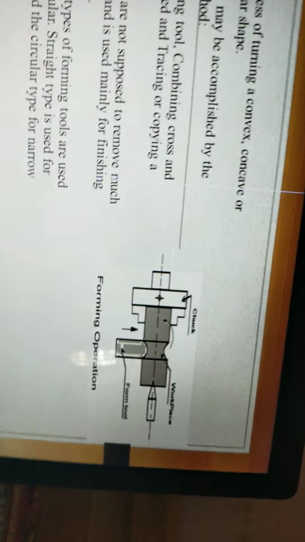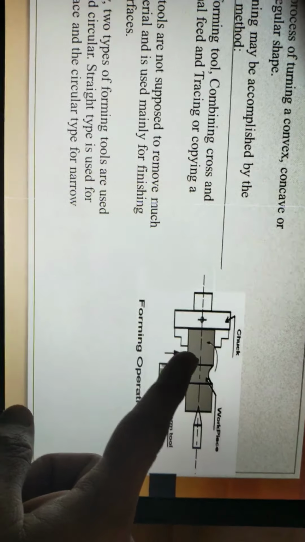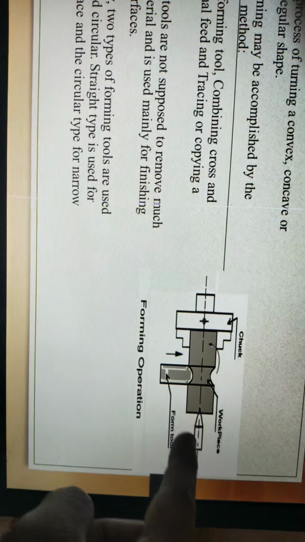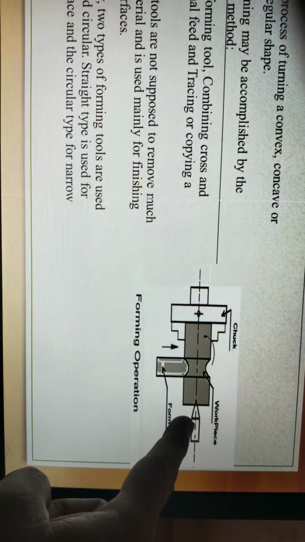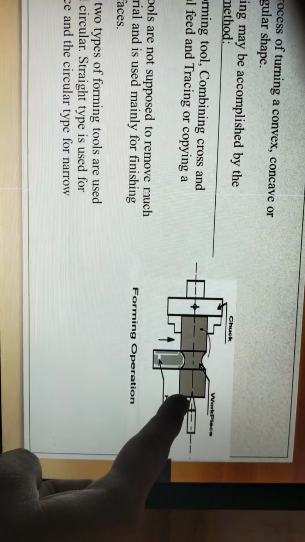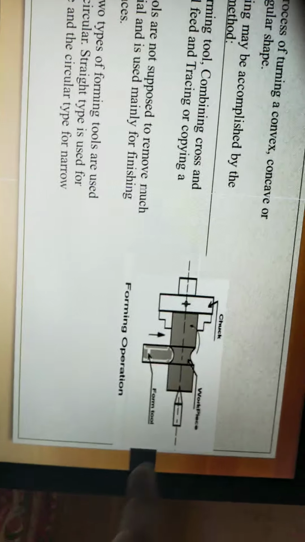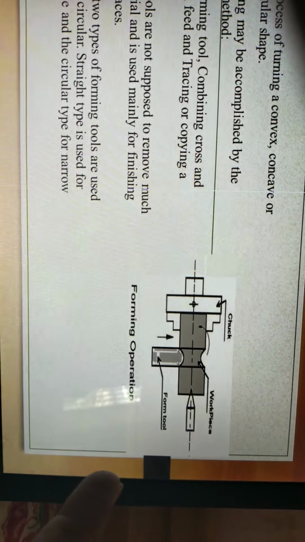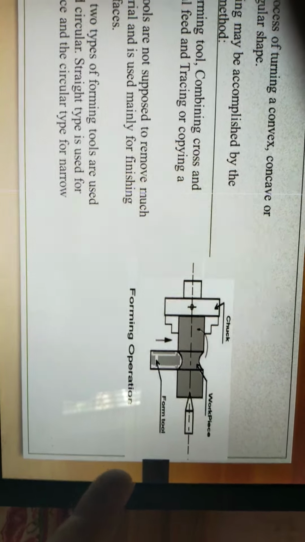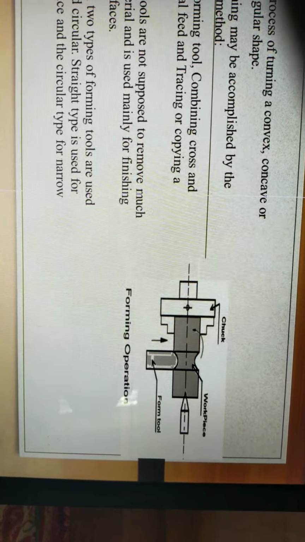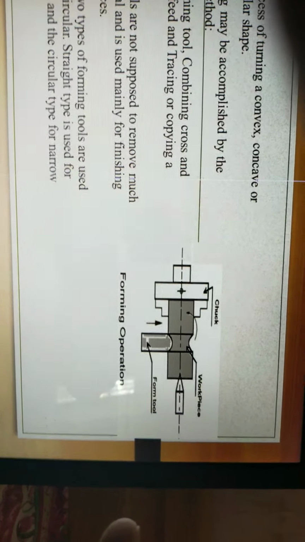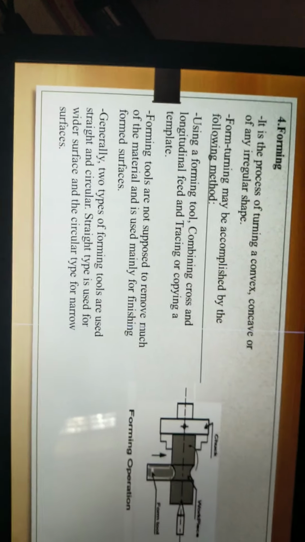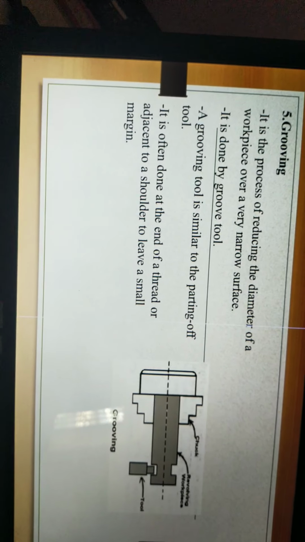See this figure again. Workpiece is held in the chuck. In between the centers it is held, because on the tailstock we are giving a dead center, and with the help of dead center we are supporting the workpiece. And if it is a curved circular way, we are giving just a depth, so that the curved shape will be formed. Generally this curved shape, or rectangular shape also, that is called as forming. That is called as forming surface, forming operations.